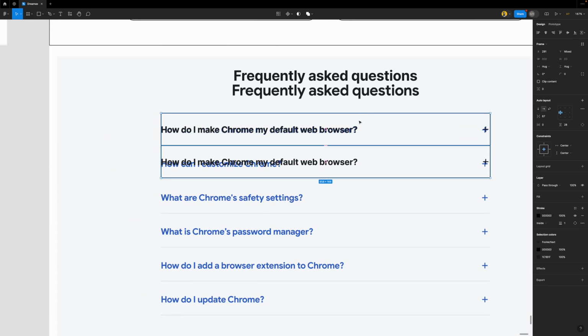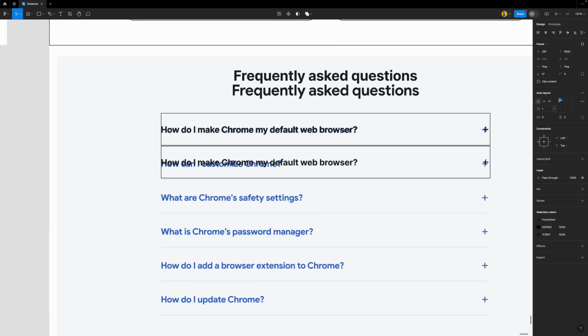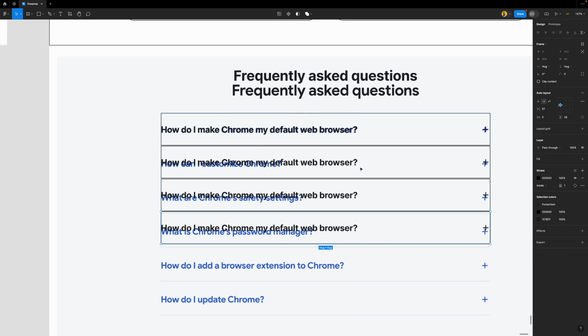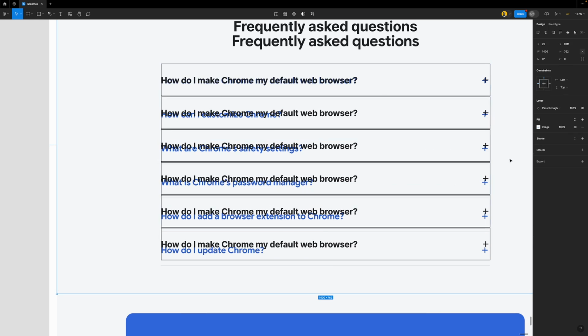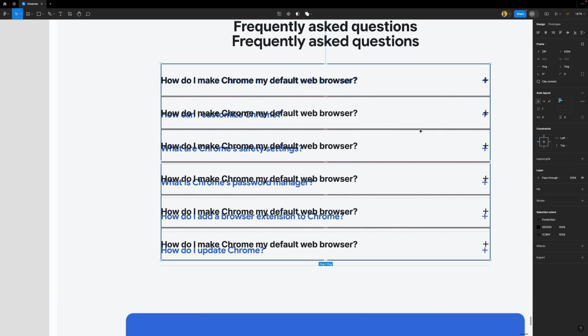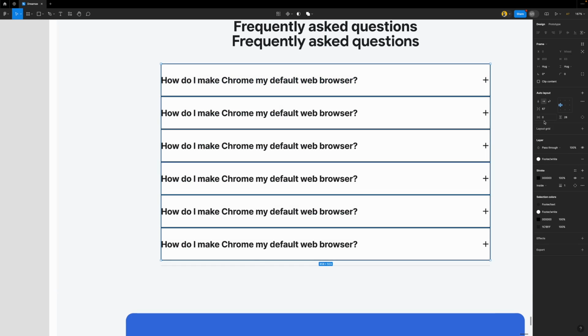select both of them, put them in auto layout, and now we're going to make that 1. So the spacing is going to be 1. Select 1, and then we can duplicate that multiple times to get the rest of them. Right, that seems perfect. Google is wrong and I'm right. Okay, so select all of them, press enter to give it a fill color of white. All right, and then once we have that white, we can now remove